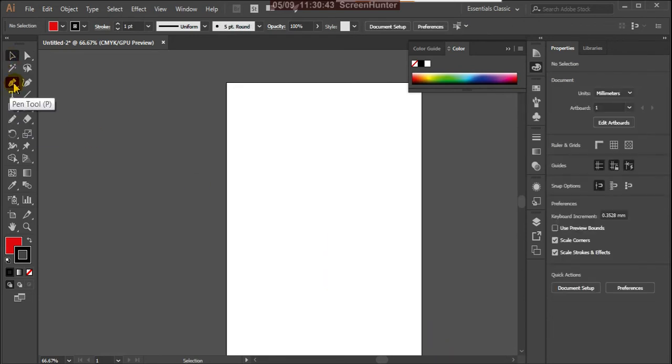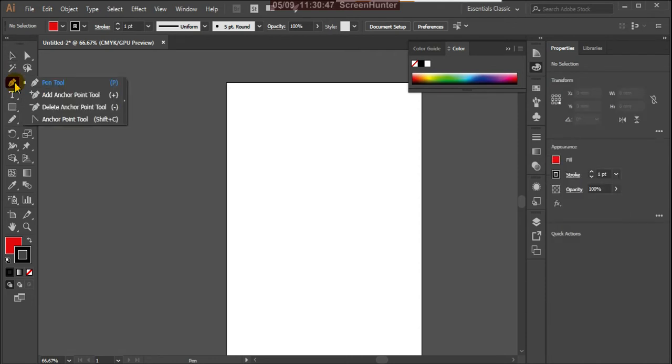the other tool. This is the pen tool. The pen tool, add anchor point tool, delete anchor point tool, anchor point tool. These are the options in that. This pen tool is really useful in Illustrator. Okay, we already have knowledge about the pen tool in Photoshop, but there is much difference.